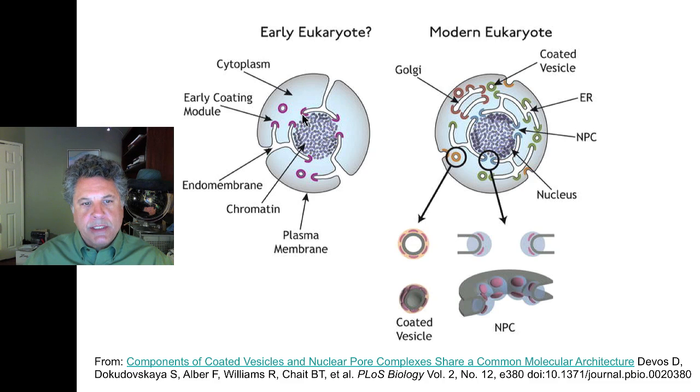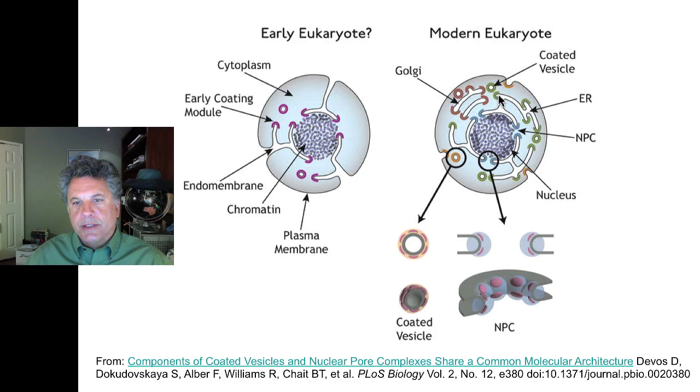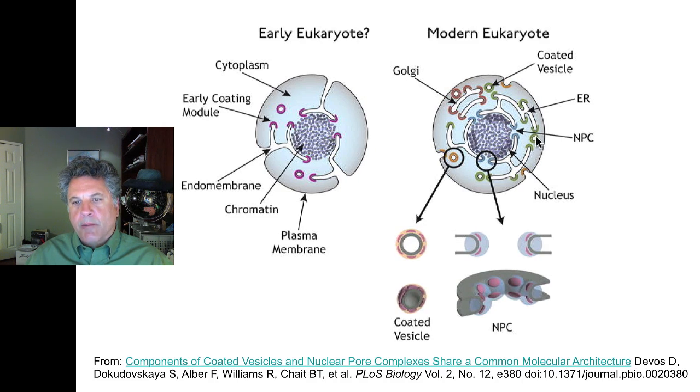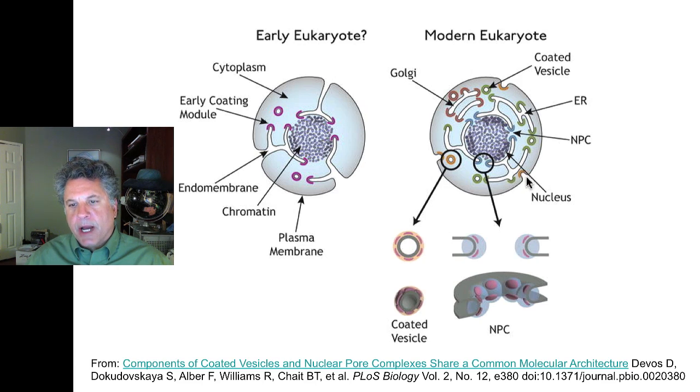And in order to do this, there must be proteins that curve the membrane that allow for these types of membrane canal systems to exist. And if you look at a modern eukaryote, there are proteins that curve membranes that exist at the ends of endoplasmic reticula canals. And also, as we'll see, there are vesicles that bud off from the various endomembrane components and exist as vesicles that can carry molecules to various parts of the cell or can fuse with the plasma membrane and dump contents to be exported out into the extracellular space.